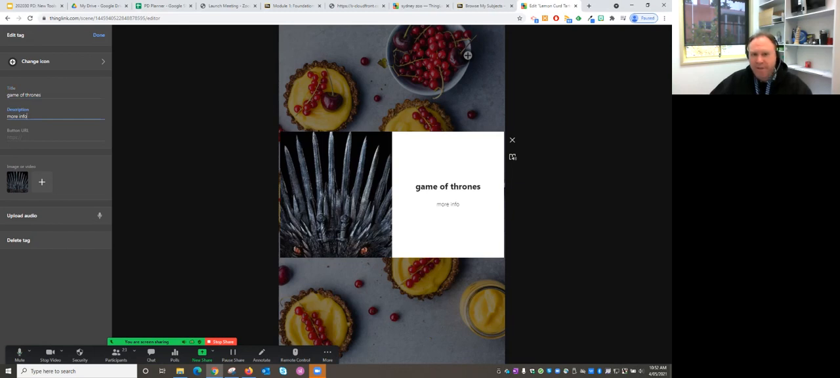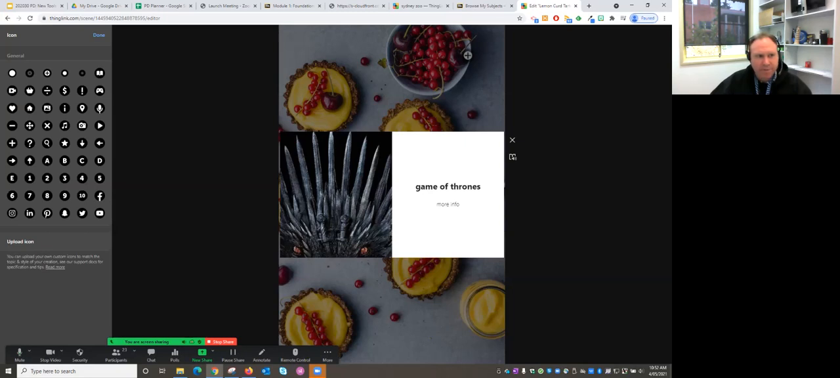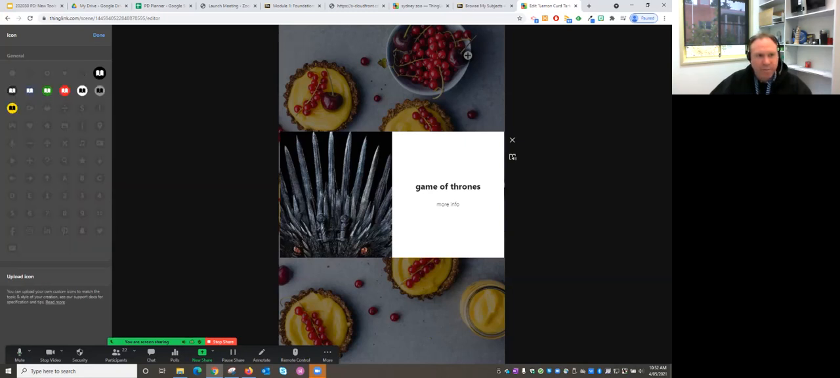If you have an address for a button image, not many people go that far, but if you've got an address for where a button image is held, you can do that. You can also attach local audio if you've got an MP3, for example, and you can change the look of the icon. Okay, I'll put that one there